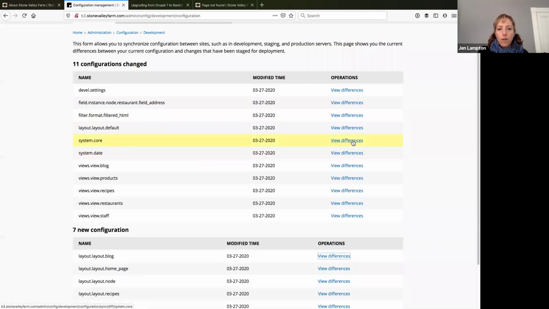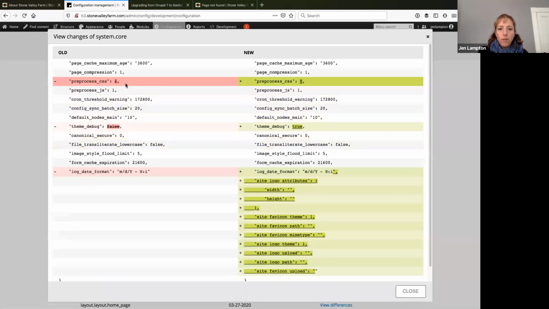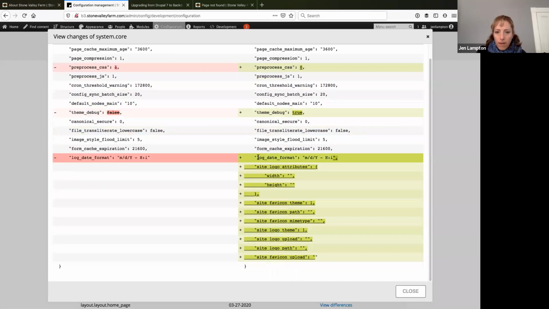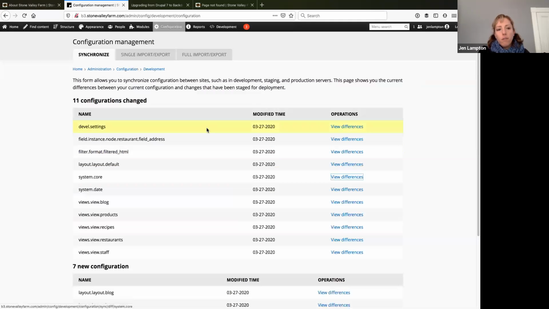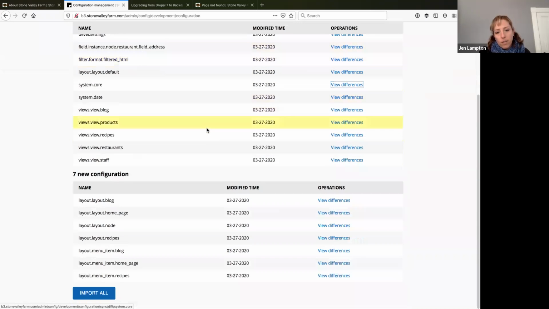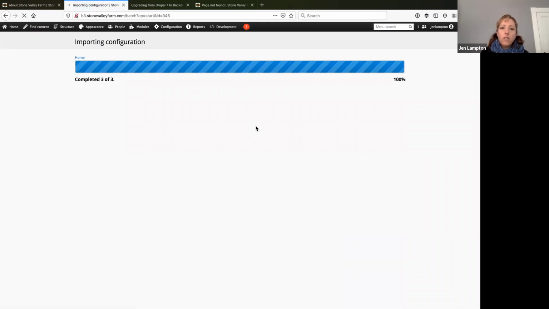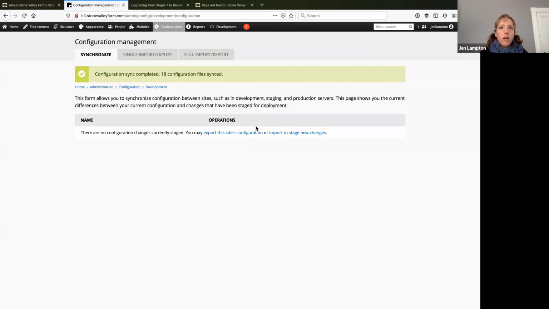If I wanted to see what I changed in my core set of variables, you could see I disabled CSS preprocessing. I've turned on the theme debug mode, and I've added, looks like a bunch of default settings that were only there for Backdrop. So you can review those if you want. In general, because I know I just made them, I'm gonna assume they're safe, and I will do an import here. And this will just take all of the configuration, apply it to the site, and run any necessary database